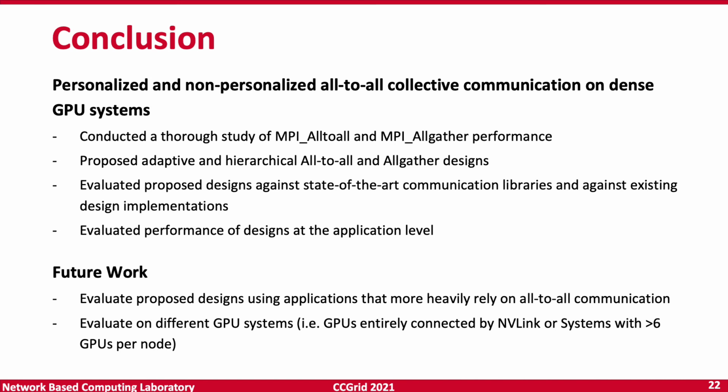The future work that we can apply to this is to evaluate our proposed designs using different applications that more heavily rely on all-to-all and specifically personalized all-to-all. And then also evaluate on different systems, so like DGX systems with 8 GPUs per node, which are double the density of the Lawson system, for example, or on systems where the GPUs are entirely connected by NVLink, so there is no